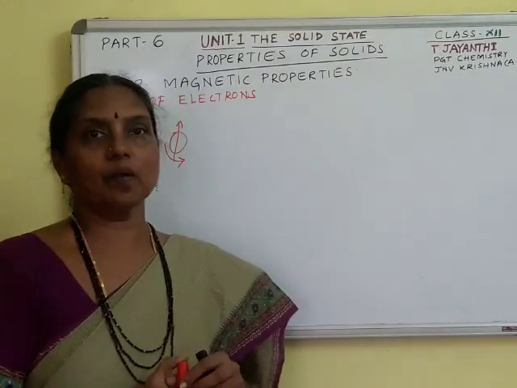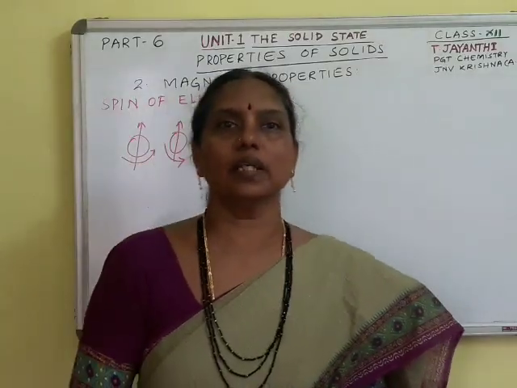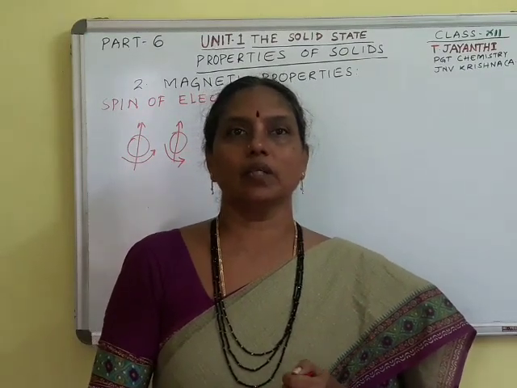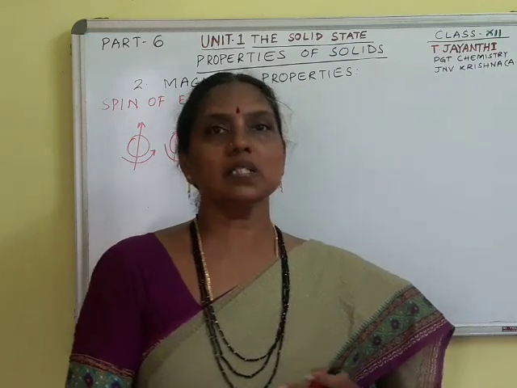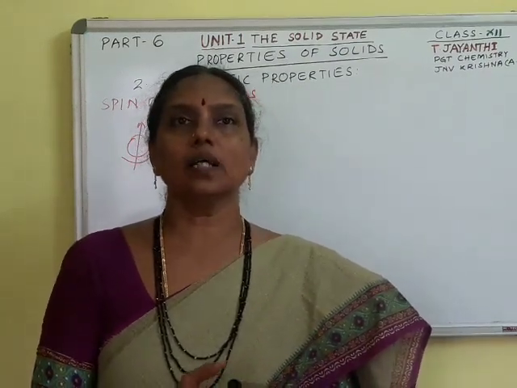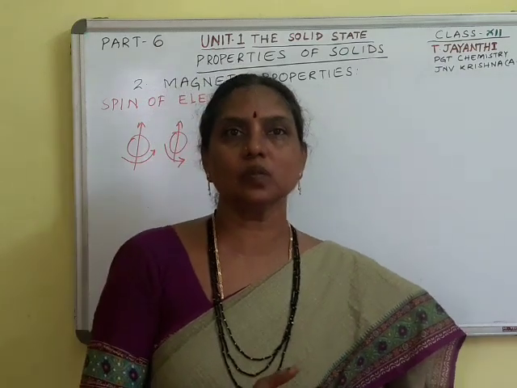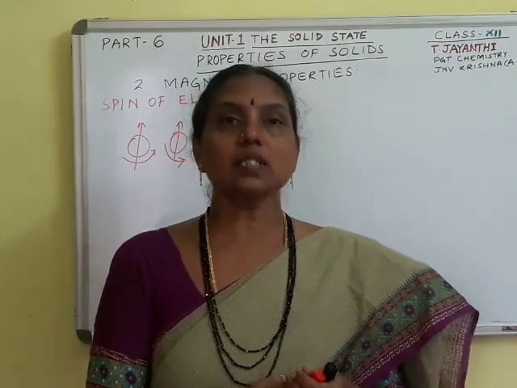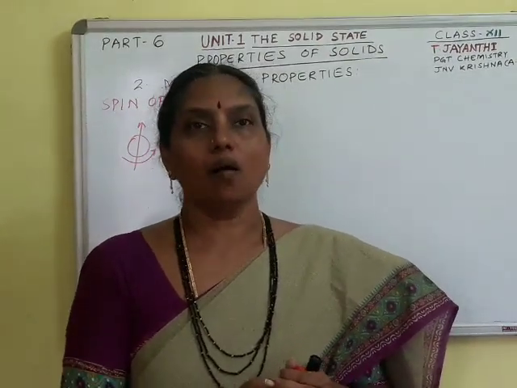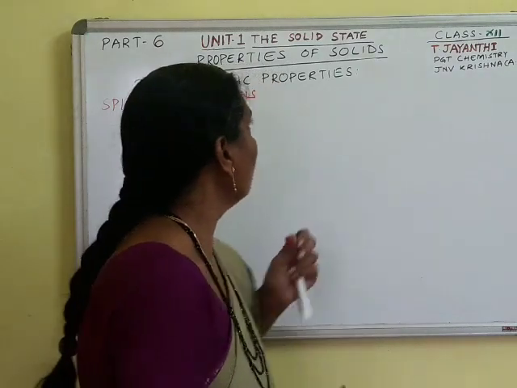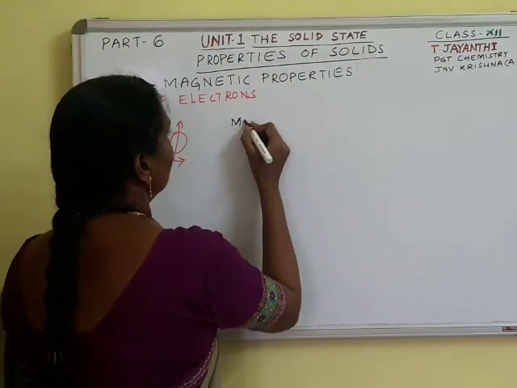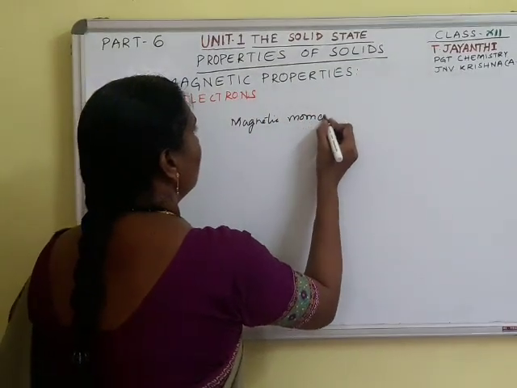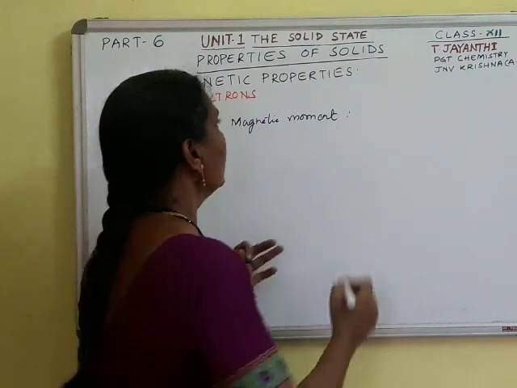Now this magnetic property is due to the alignment of the electrons in the solids. So based on this alignment of the electrons, the substances are either magnetic or non-magnetic. That is, they get attracted towards the magnets or they get repelled from the magnets. Now this magnetic property of solids is measured in terms of magnetic moment,